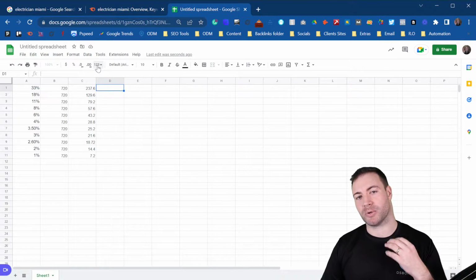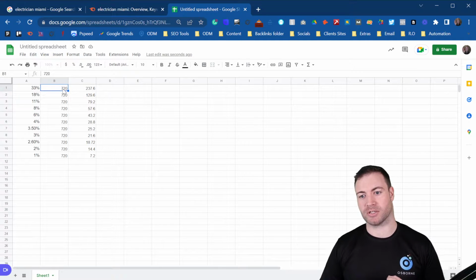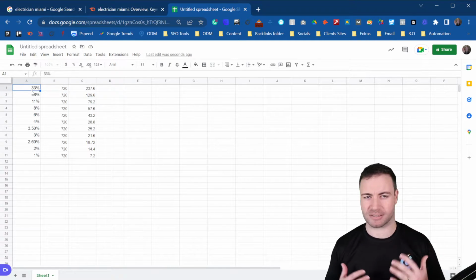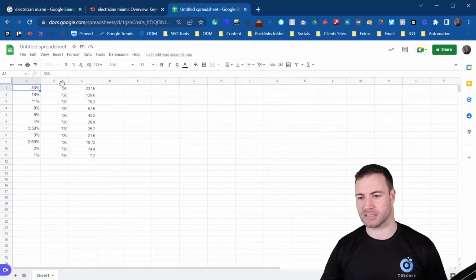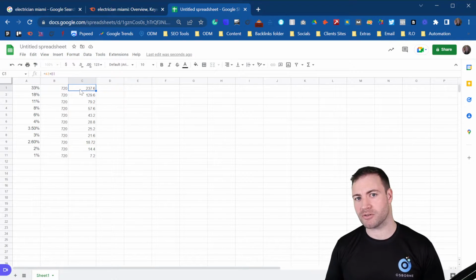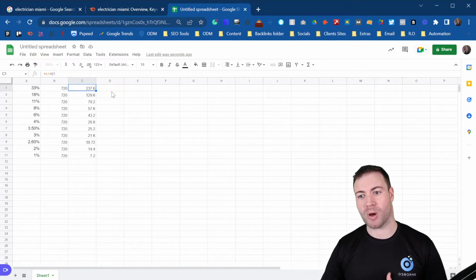Now when we jump over, it's 720, 33%, it's the general average that we like to say, which means that of the 720 individuals looking for an electrician in Miami, they're going to get 237 leads just from ranking in number one.